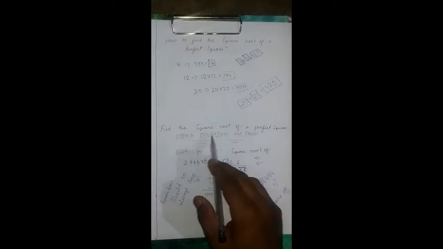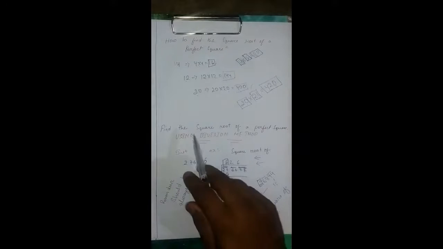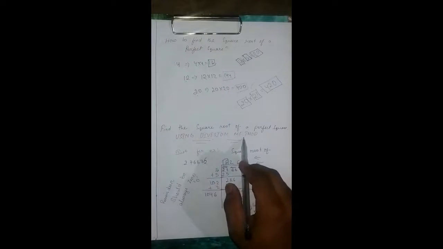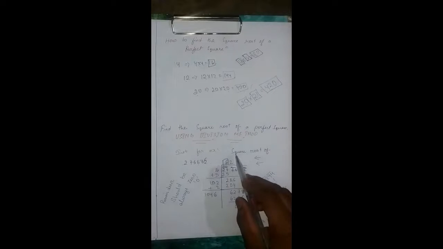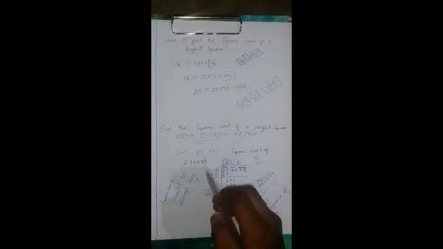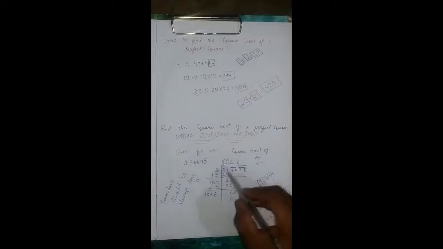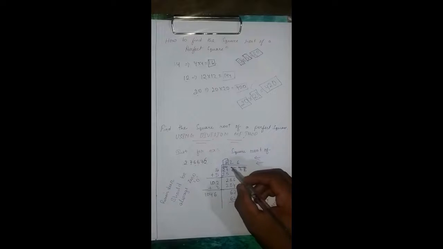Okay, find the square root of a perfect square using division method. How we can find the square root of a perfect square? Okay, we can find it using the division method, which is very easy. Just for example, square root of 276676. Okay, remainder should be always 0. Then only it is a square root or perfect square root. See, when we do divide, you should always see that from the right side to the left side we will make the pairs.